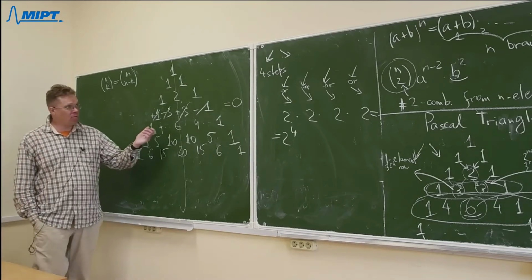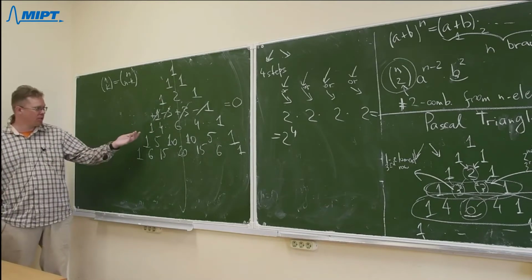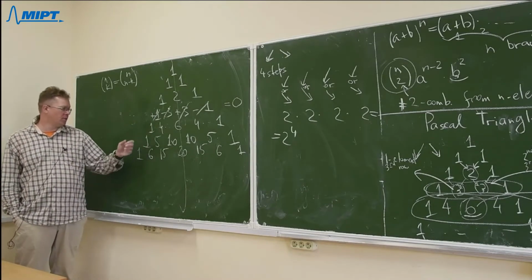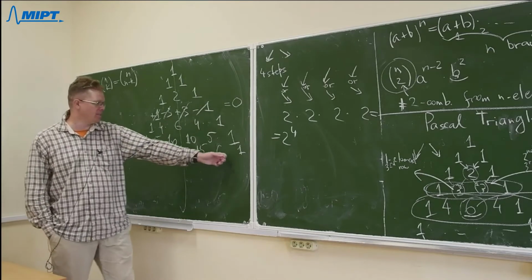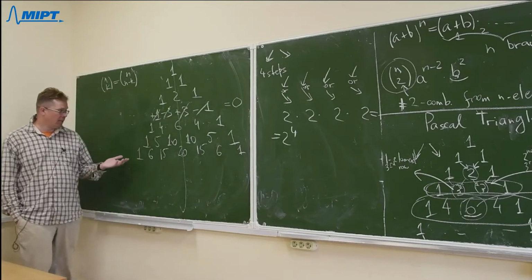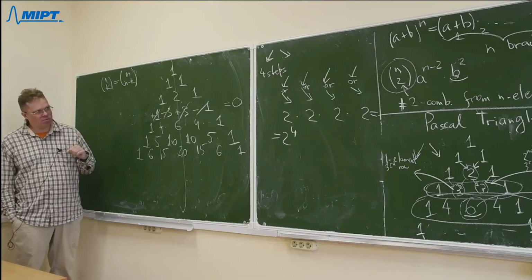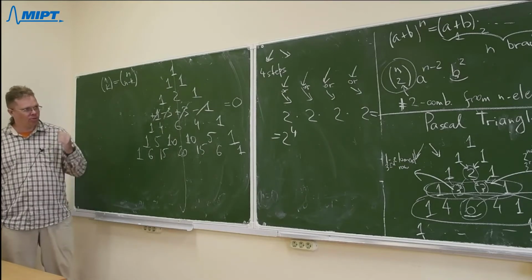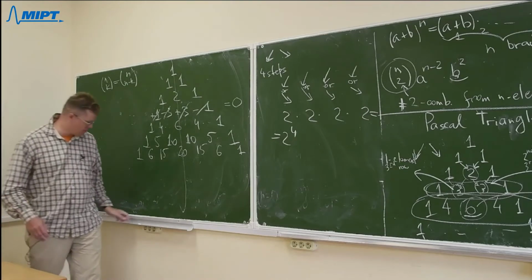We want to prove the first formula. So we want to prove that if we take, for example, here 1 minus 6 plus 15 minus 20 plus 15 minus 6 plus 1, it is equal to 0. But we want to prove that this is 0 using the main property of the Pascal triangle. So why, if you have this alternating sum,